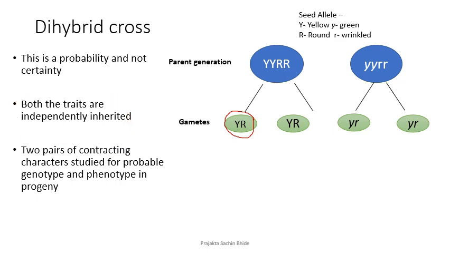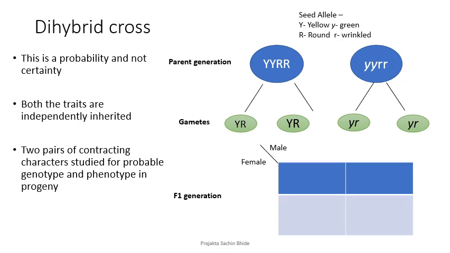Now, if we want to draw the F1 generation, what will it be? Again, I will mark it as parent 1, parent 2, and then the F1 generation. If you remember, we did the same thing for monohybrid cross in a Punnett square. Put across the gametes. Now, since it's a dihybrid cross, since we are studying two traits, I am getting two trait symbols over here. Had it been only one, I would have taken only one.